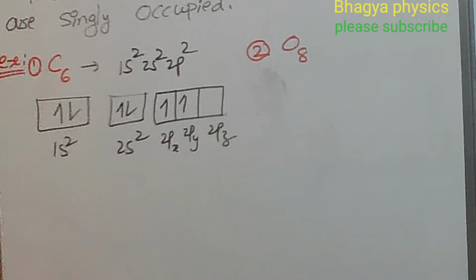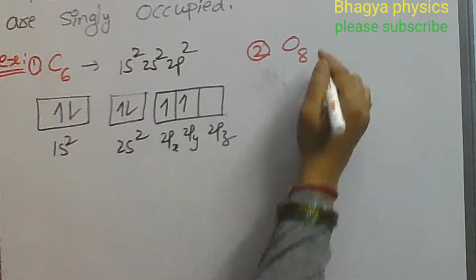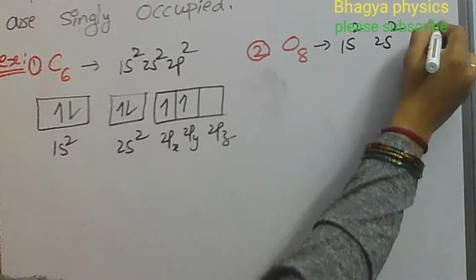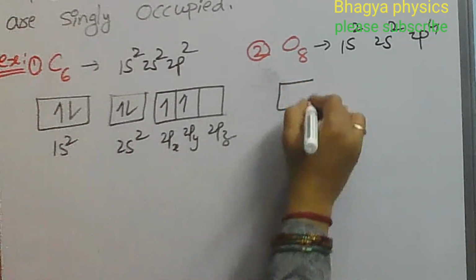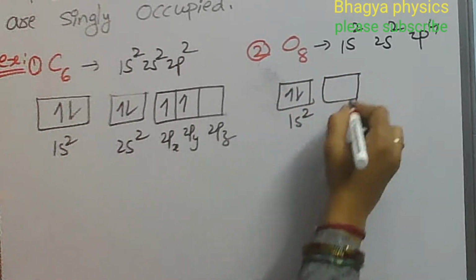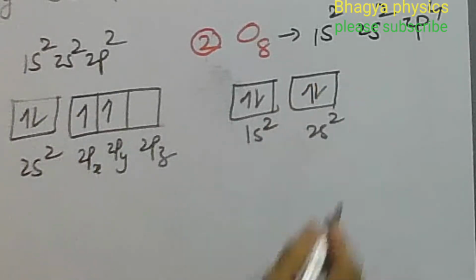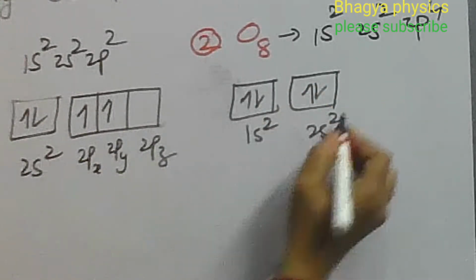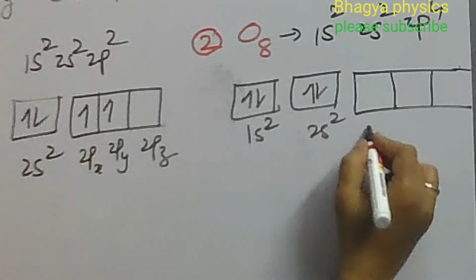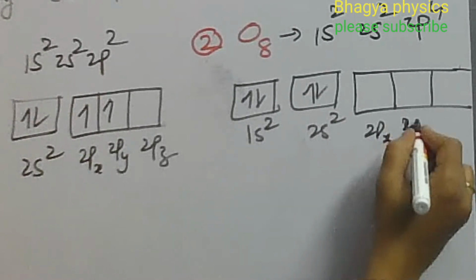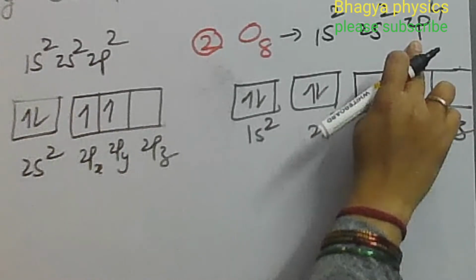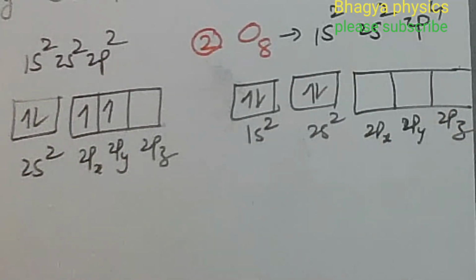But it will be different in the excited state. Now come to oxygen. The oxygen electron configuration is 1s2, 2s2 and 2p4. 1s2 has opposite spins, and 2s2 also holds two electrons with opposite spin. Again come to the p orbital, which splits into 2px, 2py and 2pz. Four extra electrons are present in the 2p orbital.